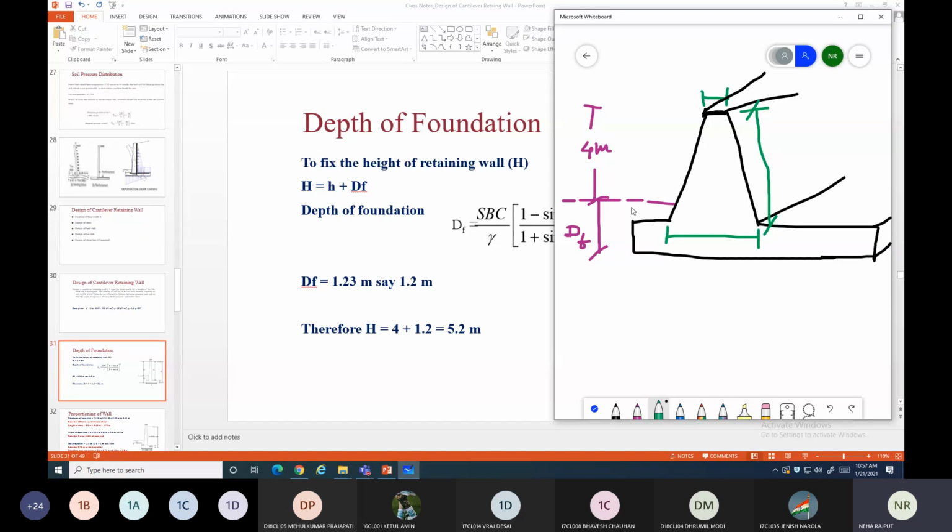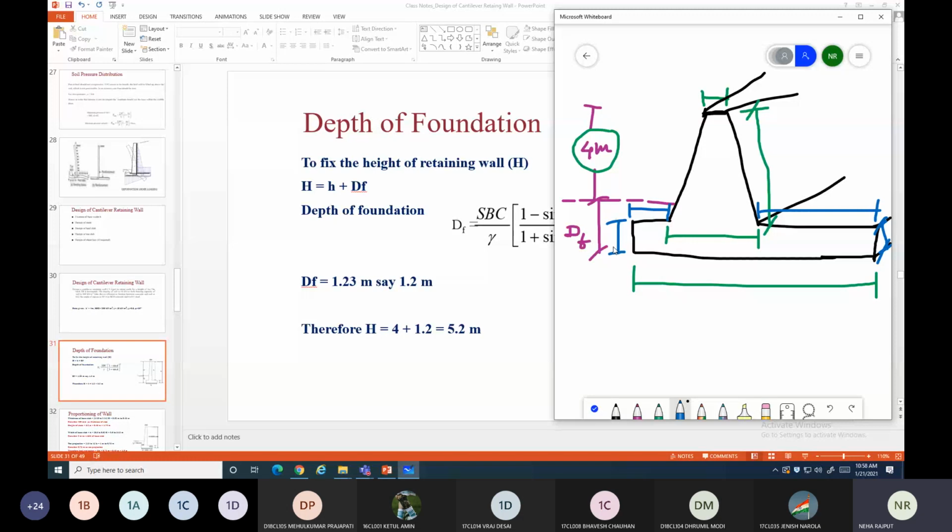फिर टो के लिए क्या करना पड़ेगा, for base slab what is the total width of base slab, अगर इतना हाइट आपको रिटेन करना है तो उसके लिए बेस विड्थ कितना होना चाहिए, that also you are going to find. From this total what will be the width or the length of the toe part, और यहाँ पे ये कितना होगा वो भी आप फाइंड करोगे. हील का लेंथ कितना होना चाहिए, टो का कितना होना चाहिए, that also you are going to find. And you are going to find what is the thickness of this base slab, क्योंकि स्लैब है तो उसका थिकनेस आएगा. तो ये थिकनेस कितना होगा, that you are going to find.